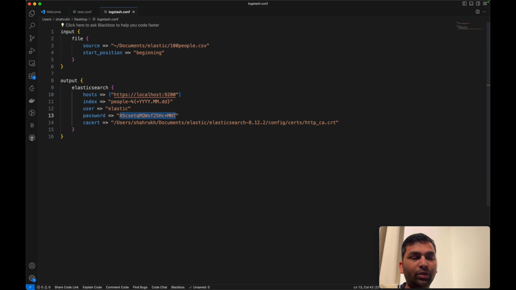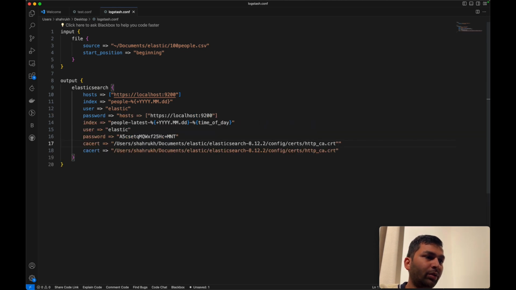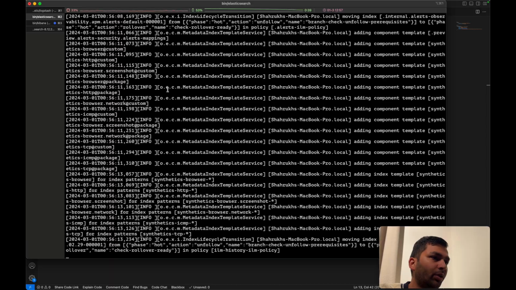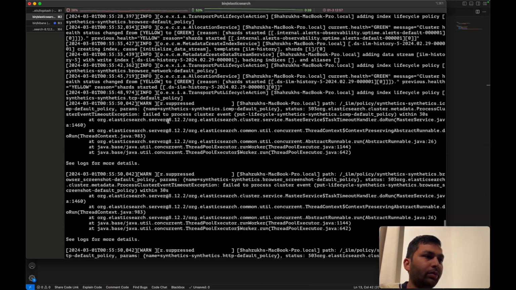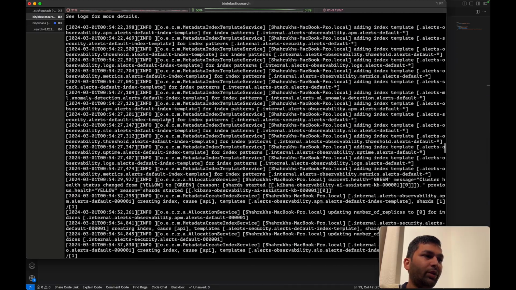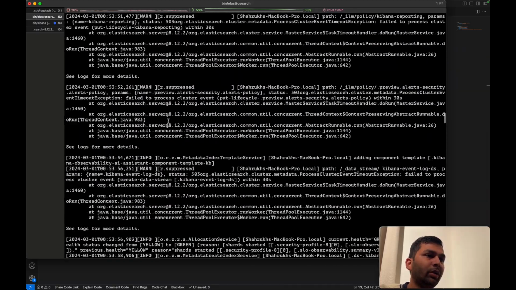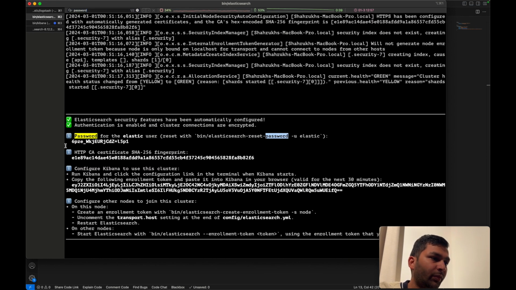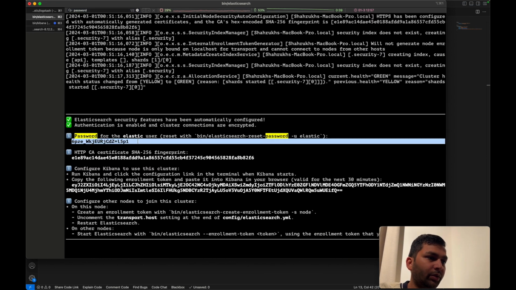Because we are using basic authentication, user and password based, we have to mention the user and password here, and let me just quickly copy. Okay, so it seems like it is lost somewhere in the logs. Okay, so here